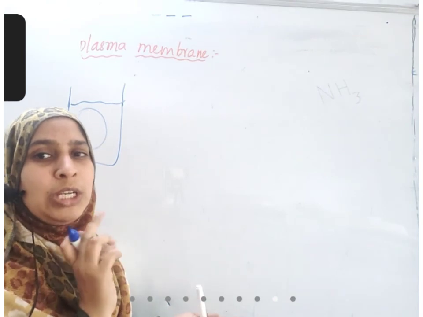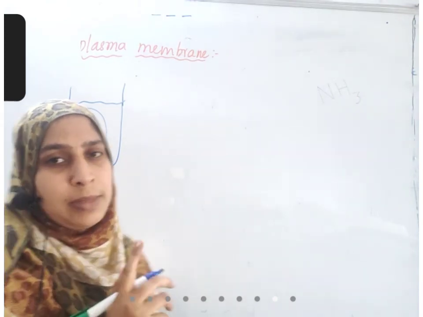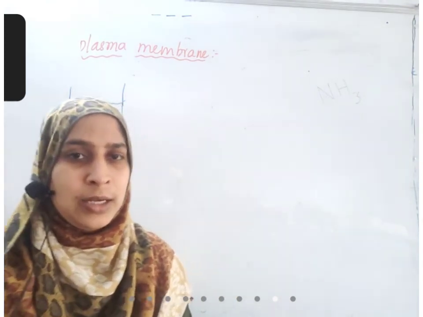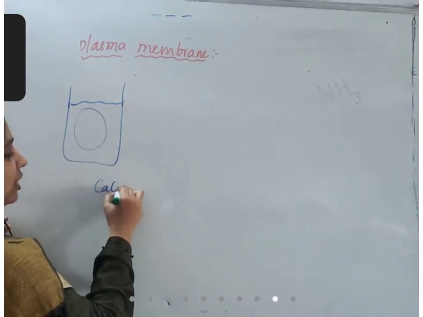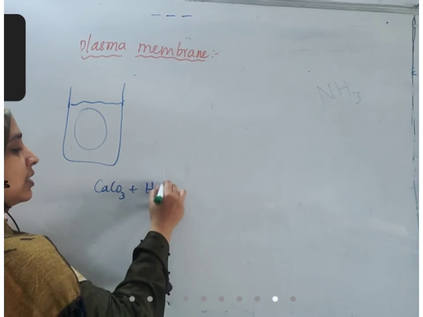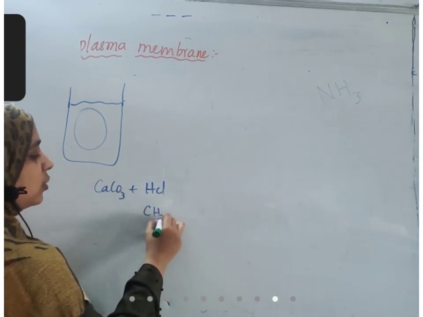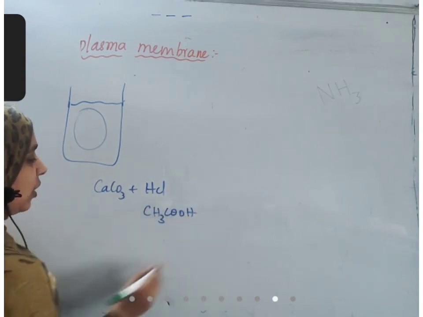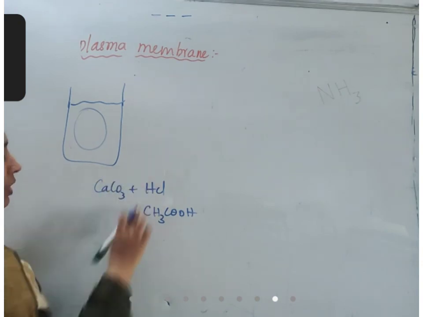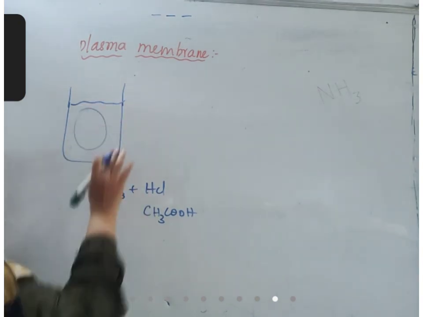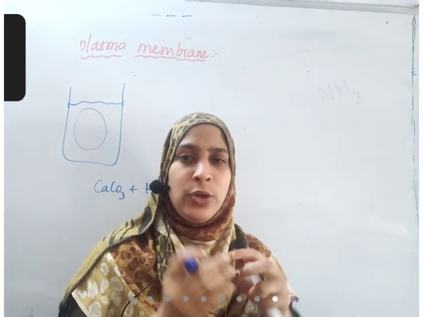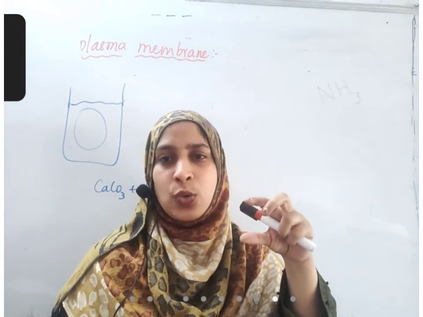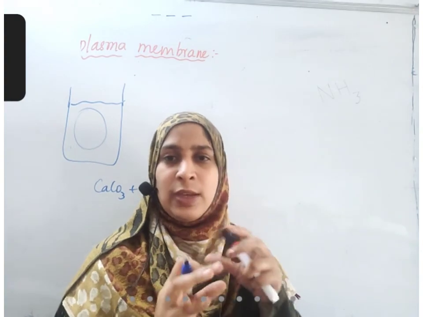In that you need to keep your egg for some time. It can be 1 day or something like that. That outer shell will be completely dissolved. Calcium carbonate reacts with HCl, and it reacts with acetic acid, that is vinegar, also. It produces a precipitate that you can remove, and when you observe that egg, it is very smooth. Pierce one hole into it and drain all the contents outside. All that is present in the egg will come outside.